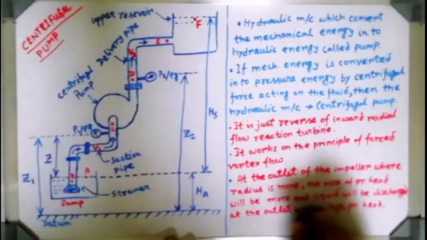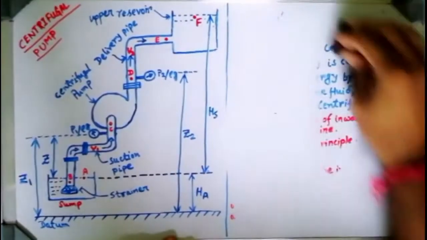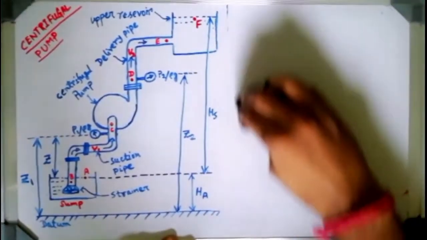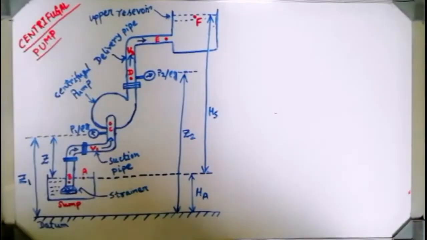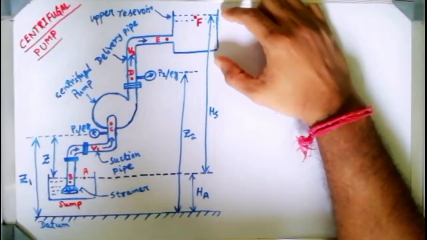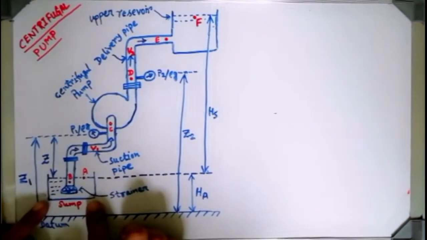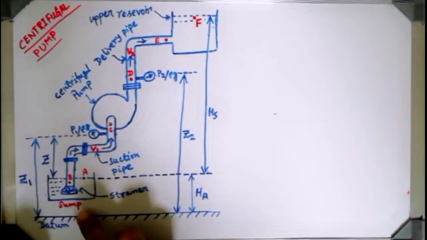Now we are going to enter the inside part of the centrifugal pump. This drawing is a very important one, that is why I have drawn it earlier. Now see the different parts. Obviously this one is the upper reservoir where you are going to deliver the working fluid, consider water. And this is the bottommost reservoir from where you are taking the liquid, which is commonly known as the sump. You can also say lower reservoir.